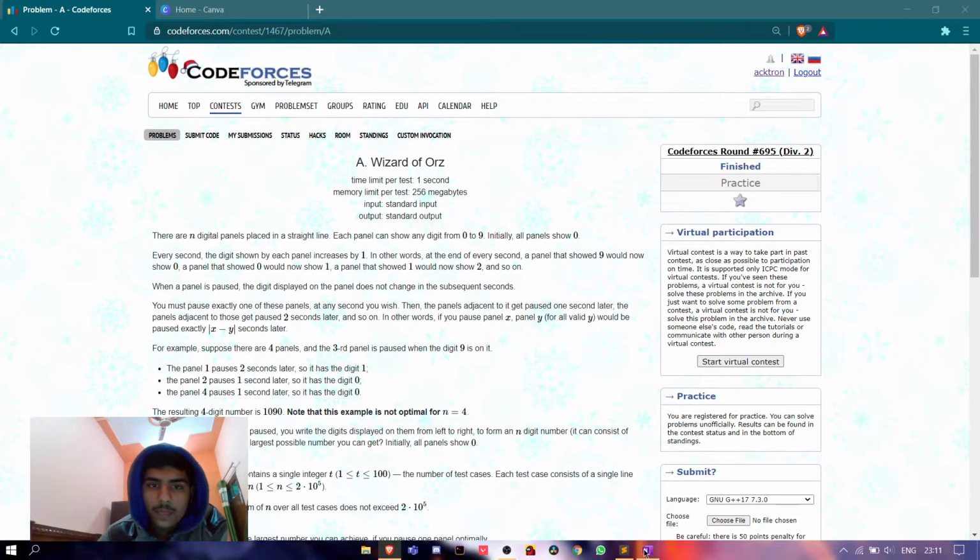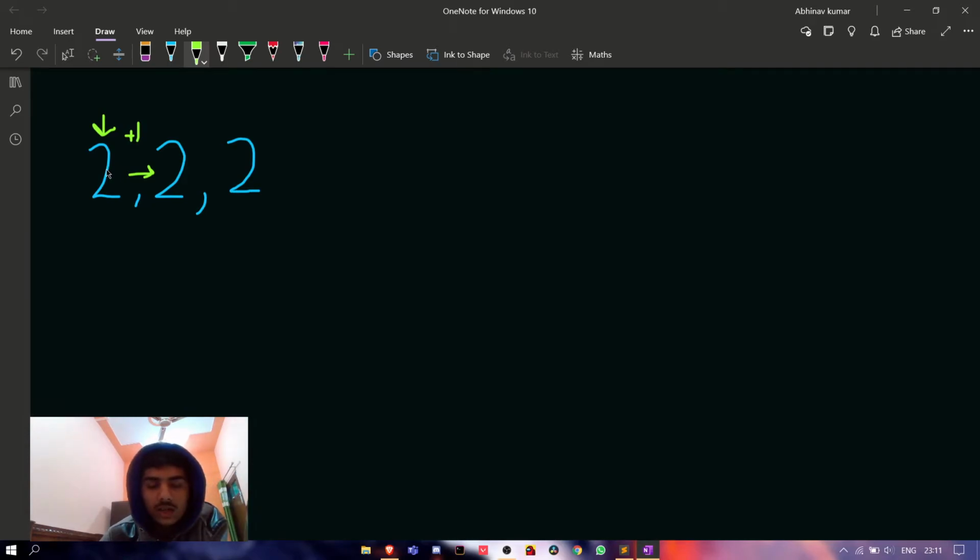So suppose we stop it at 2, then after 1 second it will be 3 because it will increase by 1. And at this position it will go after 1 second more. Suppose the time was 2 seconds here, so it will take 1 second to go till here and one more second to go till here. So in total it will take 2 seconds to go from here till here.